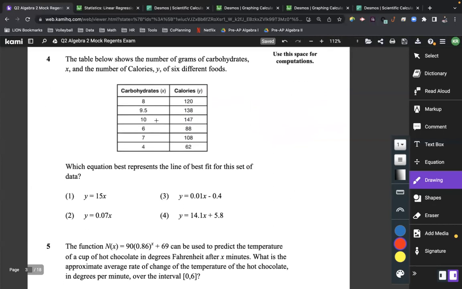Now, number 4, the table shows the number of grams of carbs and the number of calories in 6 different foods. So here's my x and here's my y. Which equation best represents the line of best fit for this set of data? We definitely saw growth in how you answered a question like this. I went ahead and